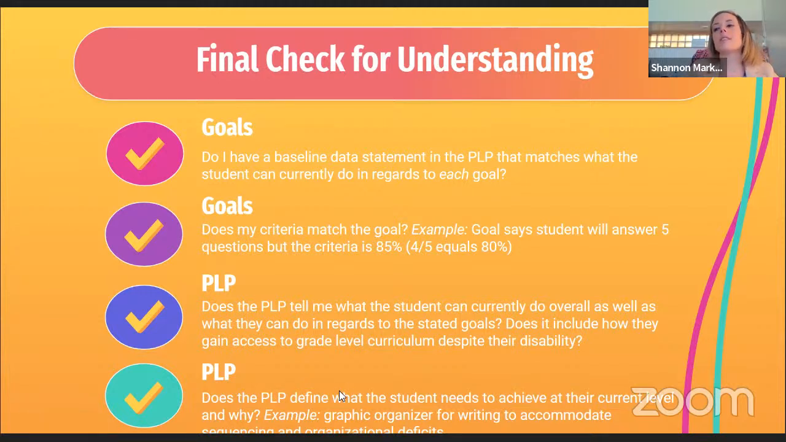And then does the present level of performance determine what the student needs to achieve at the current level and why? So for example, a graphic organizer for writing to accommodate sequencing and organizational deficits. Maybe it's having opportunities for movement and breaks, because we know that the student engages better on a task if they have that opportunity every 10 minutes to get up, take a stretch break, sit back down, and then